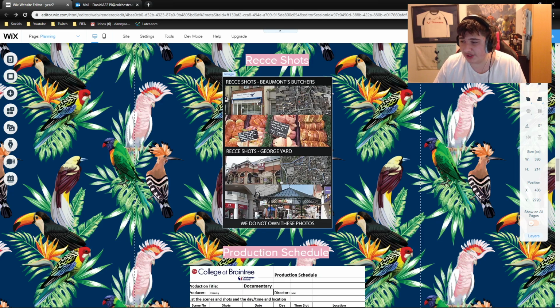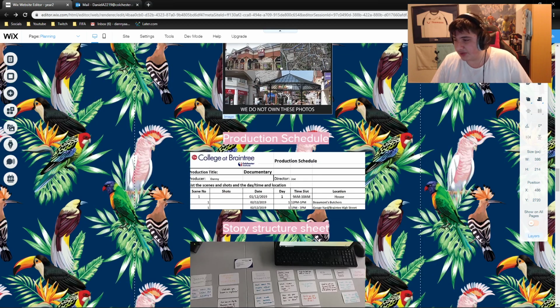Next time, I do want to try and get some street view ones, so you can actually see the street instead of the satellite. So yeah, hopefully next time I remember to do the actual street view, so I can see in first person. The production schedule helped that we're in a group, so all three of us have to know